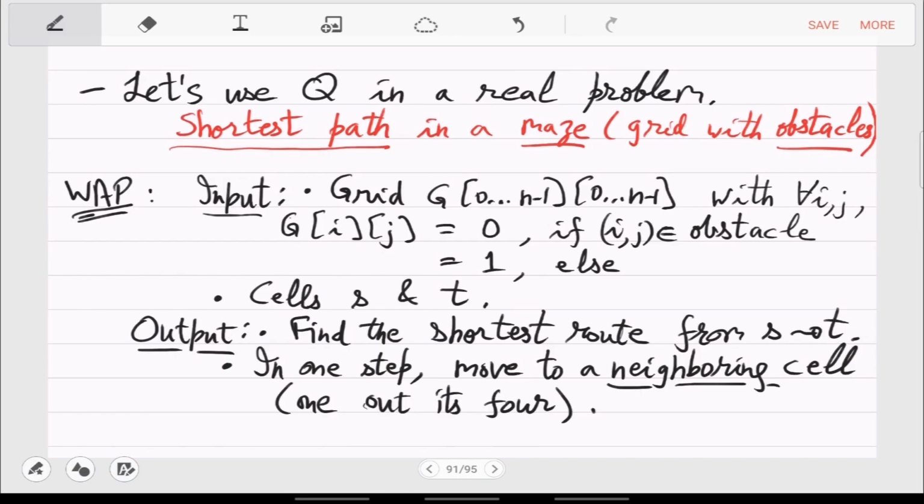How fast do you think you can solve it? What is the algorithm for this? Can there be a linear time algorithm for this, order n time? There cannot be, right? Because maybe the obstacles are so adversarially placed that you will be forced to visit almost all the cells, also depending on S and T. So it can be order n square. So it really depends on the input.